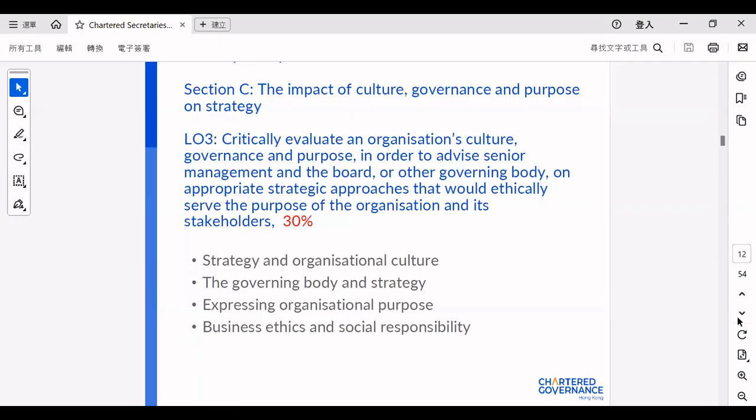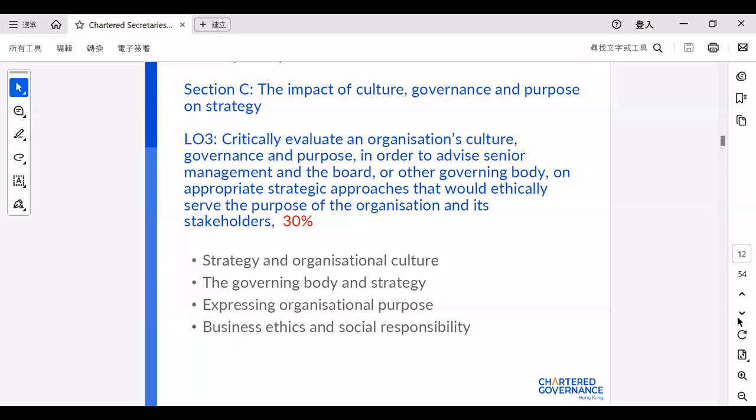So this is the heavy part of the module, and therefore you have to spend more time, I think, and go through these different topics